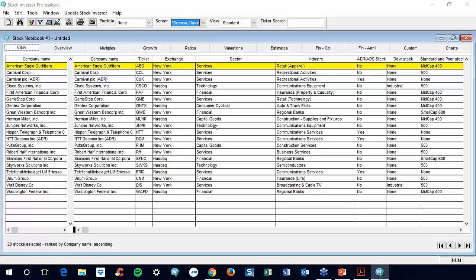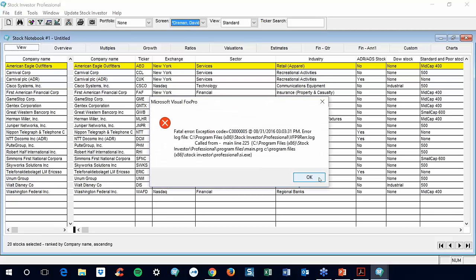But what you can do, in order to track these companies, the first thing you'd want to do is, after you've run your screen, you can, within Stock Investor Pro, save the results of a stock screen as a portfolio. So in this example, I've run the David Dremen screen with data as of 8/30. So in order to save this collection of 20 companies that passed,